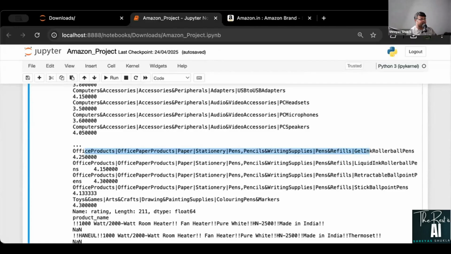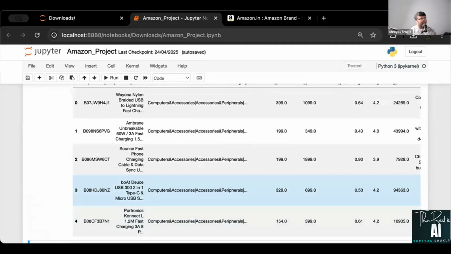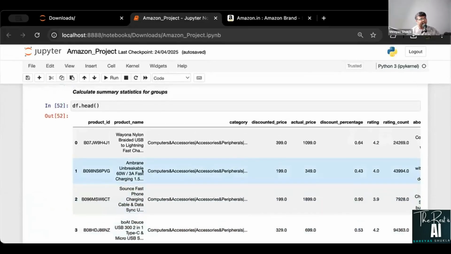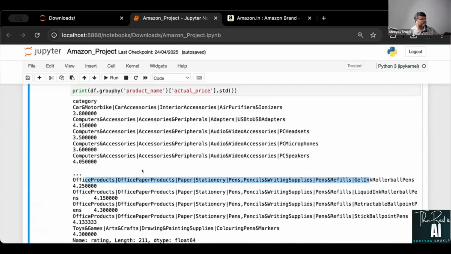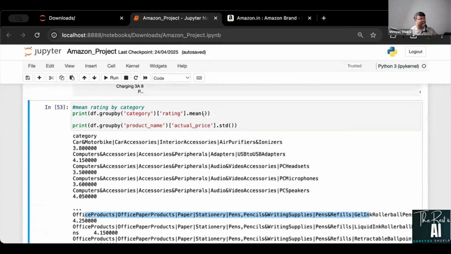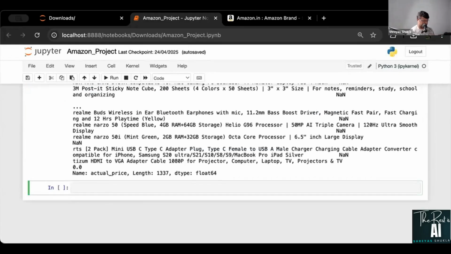Let me do one more thing, that is try to do some more visualization here. Okay, so let us see the data set that I have here. Maybe what is the average rating for every product category. Okay, we have already done that. Maybe I'll try to get top rating count products by each category. I'll put the question here: top rating count products